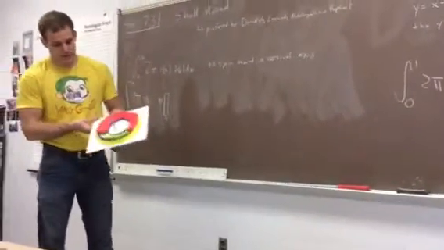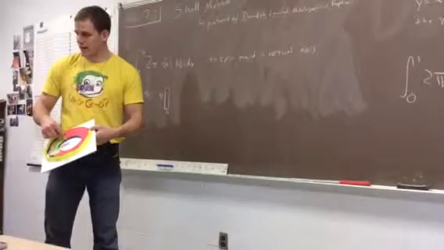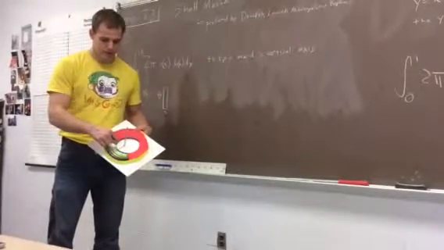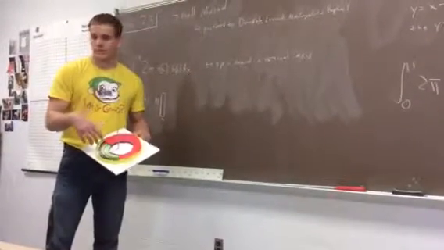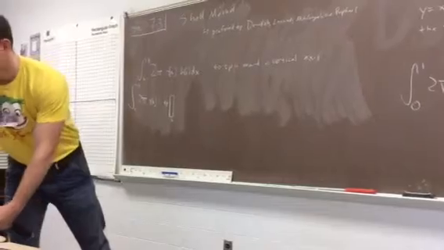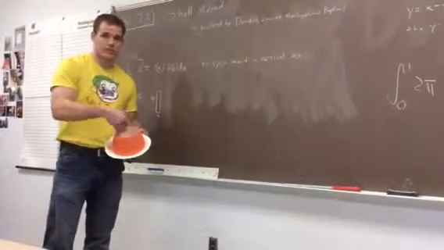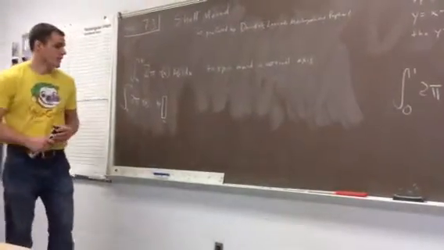Like this one too, I can find the volume of this really tiny shell. Volume of this shell, volume of this shell, this shell. If I found all the volumes in between and add them up, I get the whole volume. All these little shells, just adding them up. So, the way I explain this is,